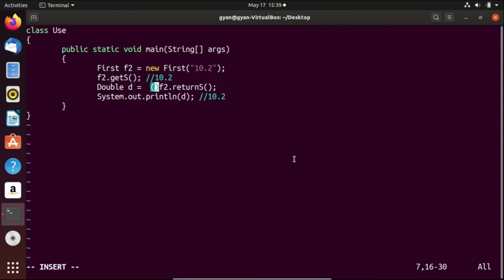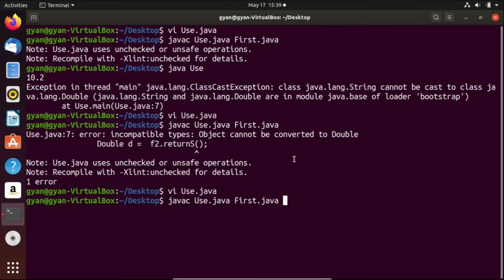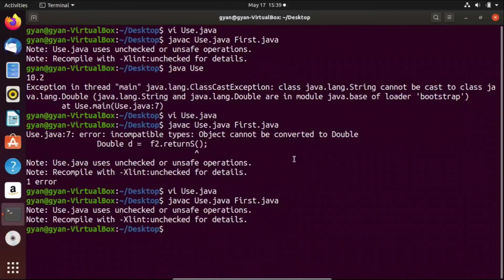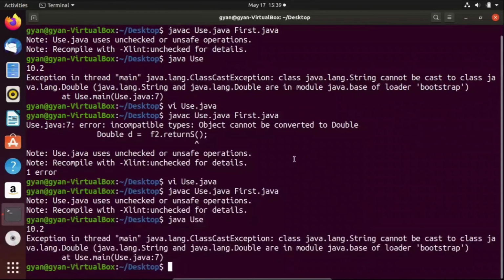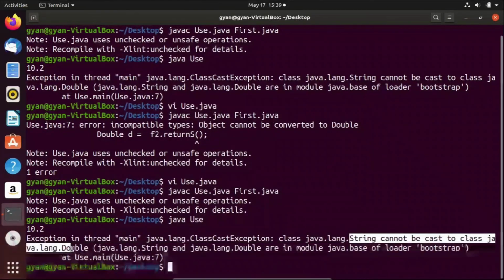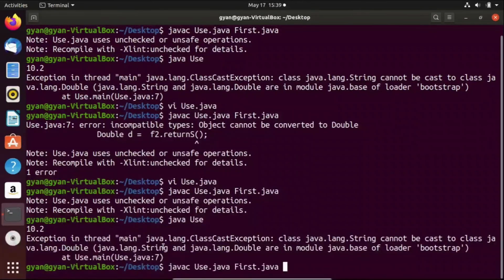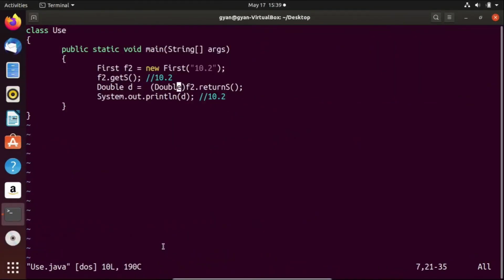To typecast the value returned by the returnS, you need to typecast it to double, and compile this code. javac use.java first.java compiles fine with warnings, of course. And at runtime, the JVM again throws an exception that string cannot be cast to double because look at here, this value is of type string and string cannot be cast to double.